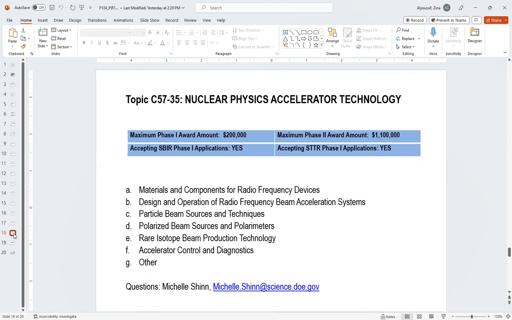So in the area of materials and components for radio frequency devices, you don't see things like new gate valves and new forward power couplers or windows for SRF cavities. What you see is new cleaning. The one item that we still would really like to see a solution for is new cleaning techniques to remove particulates, not hydrocarbons, but actual particulates from superconducting cavities, inner surfaces, while they are in situ.